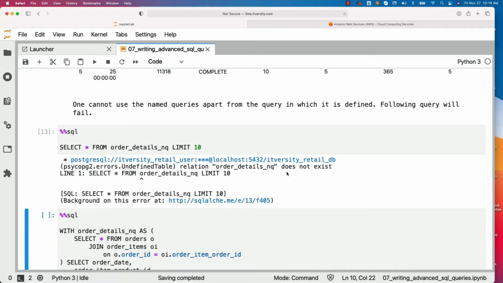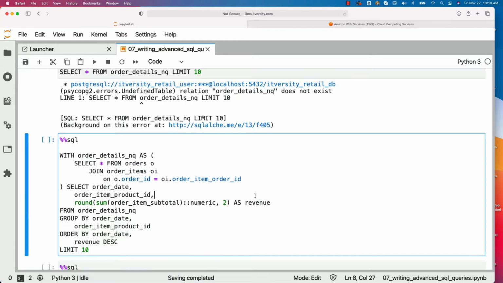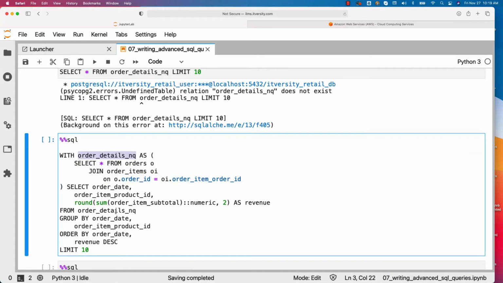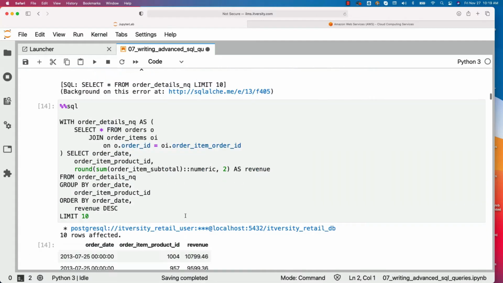A relation is nothing but a table or view when it comes to Postgres. Now this is a bit more realistic example. In this case, I have a named query for this join. You can see the named query here. I am able to perform all types of operations such as group by, order by, etc. on this named query along with functions on some of the fields to get the desired results as per our requirements. So here we are trying to use the named query approach to compute daily product revenue. You can run this and it will work without any issues.